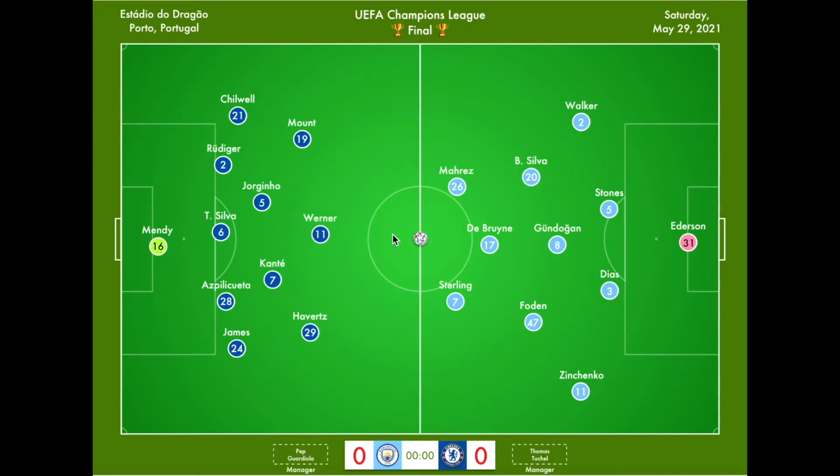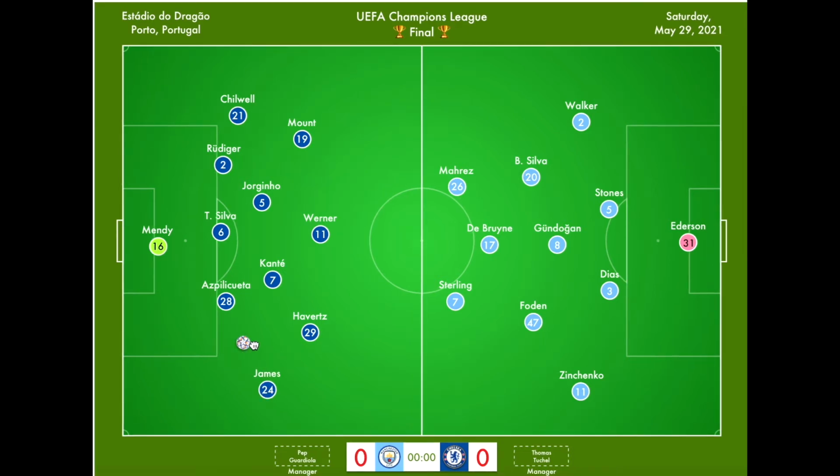Chelsea also, when they win the ball back in these deeper positions, usually do so with their defense or with Mendy stopping the ball and then getting the attack going. So you could see something like this also take place, which is you have Mendy getting the ball off of his save. Then he passes the ball to Azpilicueta, who now has the ability to pass it to James. So James goes to here